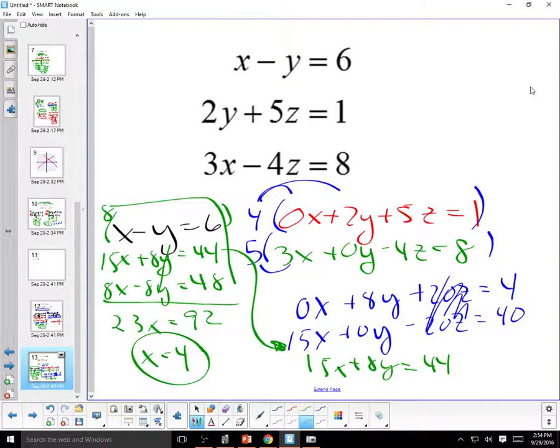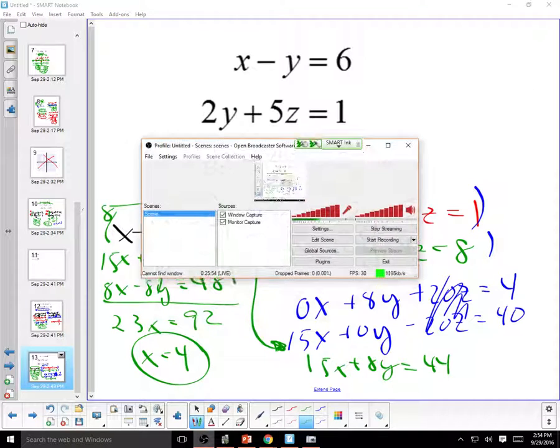Teachers, at this time, please release your students to the bridge. Again, at this time, teachers